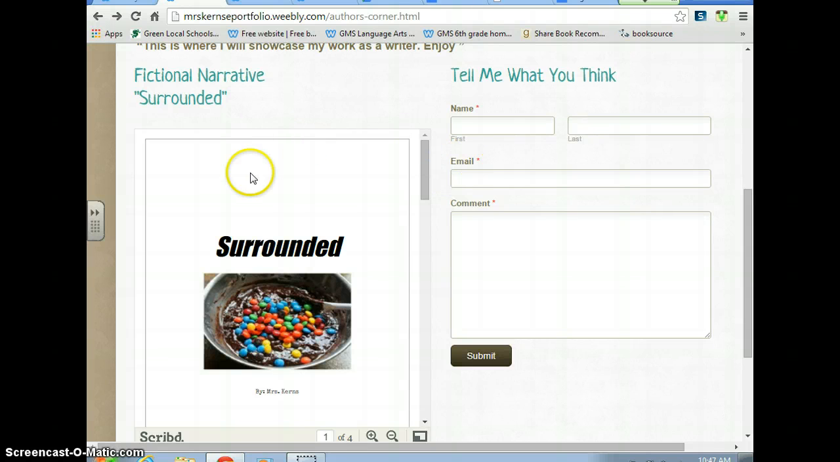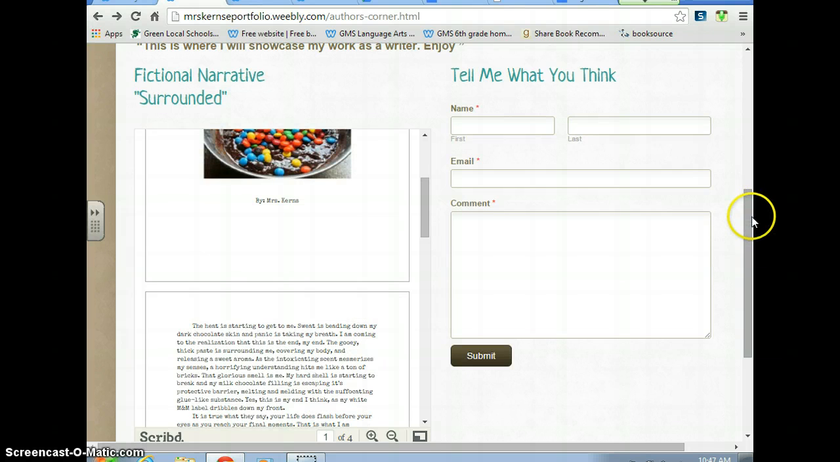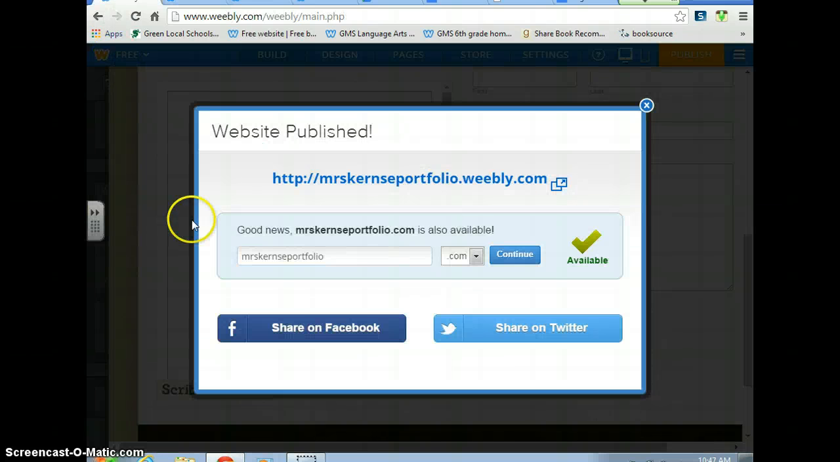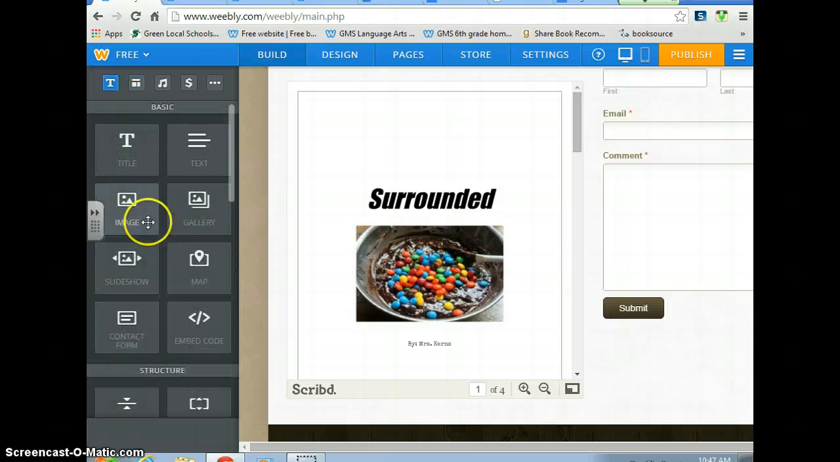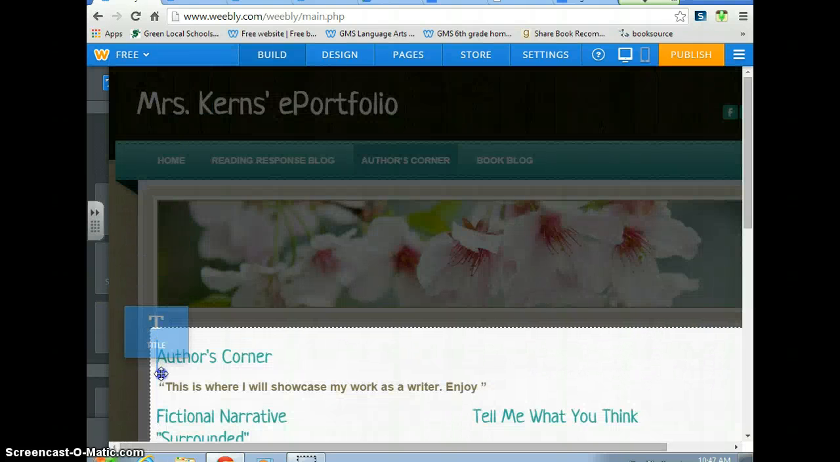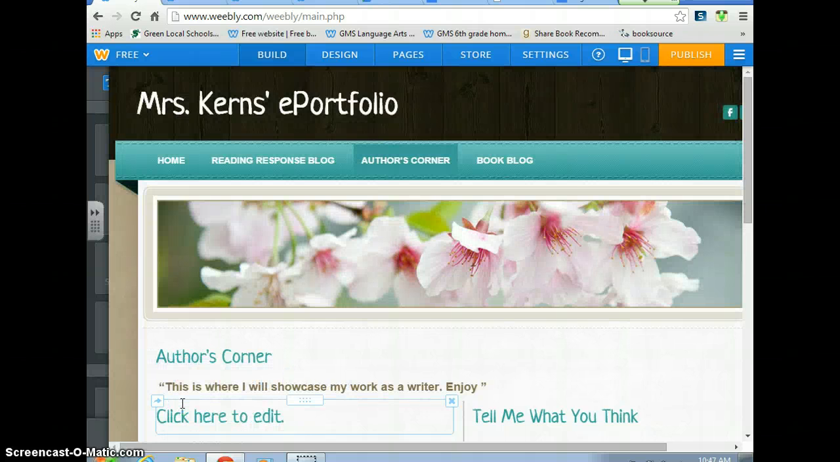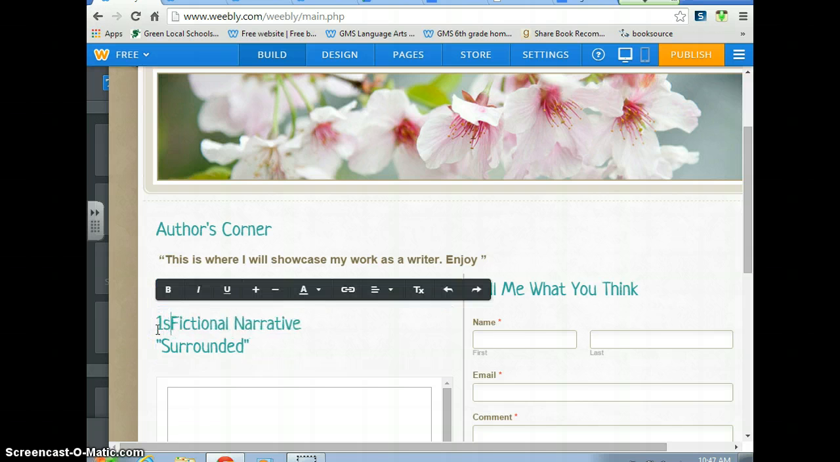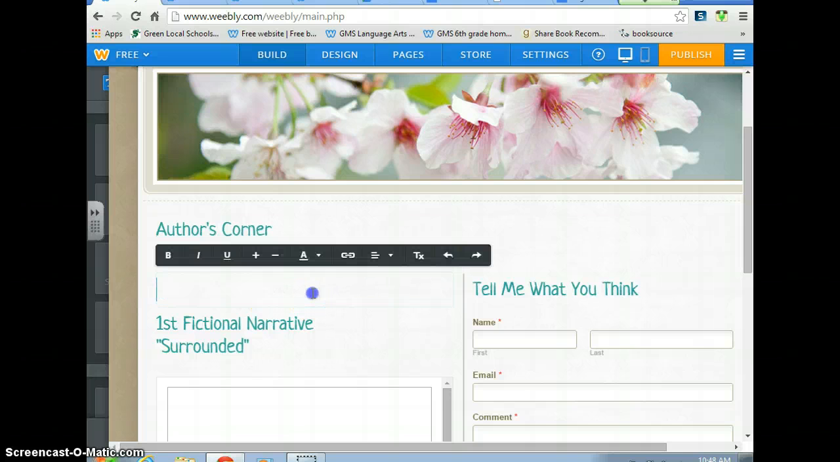And so you're going to put that second piece of writing, so this is my first one here. Let me go back to my Weebly page, scroll back up. You want your second piece of writing to go on top, okay? So maybe it would be better if this says first fictional narrative. We want our best work or our most recent work on top. So it's kind of going to be like a timeline of your writing. So the beginning of the school year is at the bottom, working your way towards the end of the school year. So then we'll just put second fictional